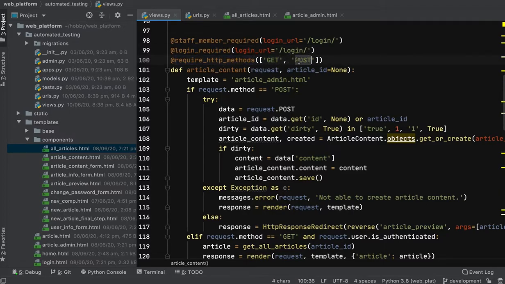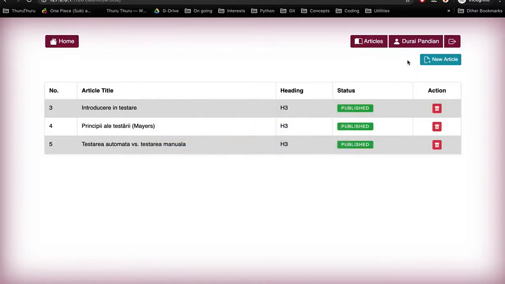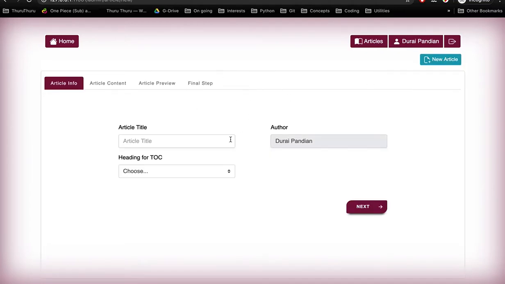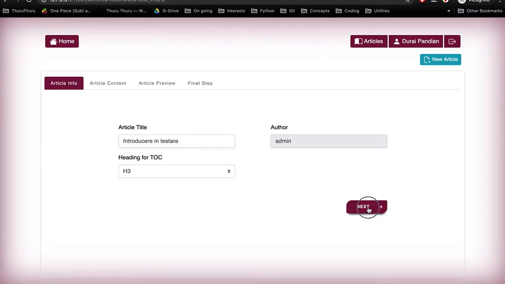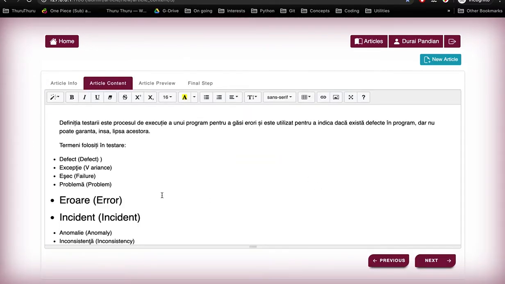GET is used to display this page, where right now, go to edit, next page.